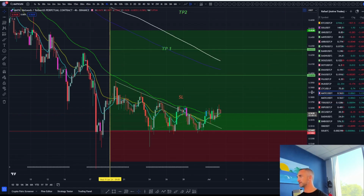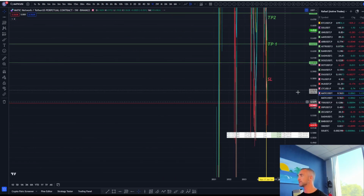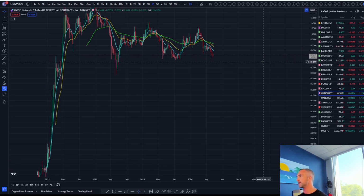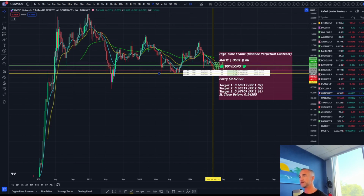Matic also, I think, is looking interesting for a retest. This one came all the way down to the macro lows. I don't know how Matic was so popular. Disneyland does them, everybody loves Matic, and literally it's just been a dumper for some time. And it just goes to show you got to move with the ebbs and flows of the market. Don't be stuck